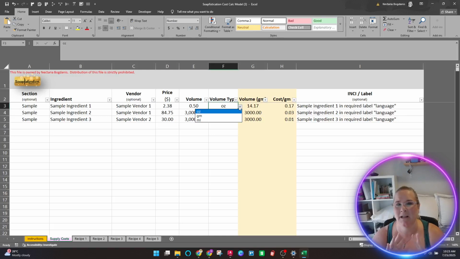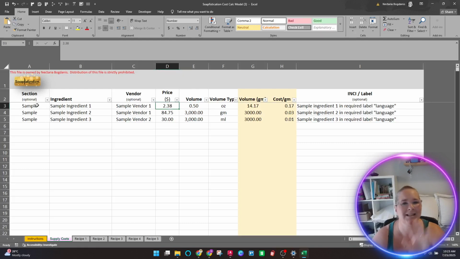Ounces, I don't remember what it is, but it's around 28 grams equals an ounce, ballpark. So I just do a calculation to convert the ounces to grams. And I know ounces could be fluid ounces, could be whatever, but this is ballpark, right? So what it does do is it shows, see how this says a half of an ounce equals 14.17 grams. And so therefore my cost per gram based on this price is here.